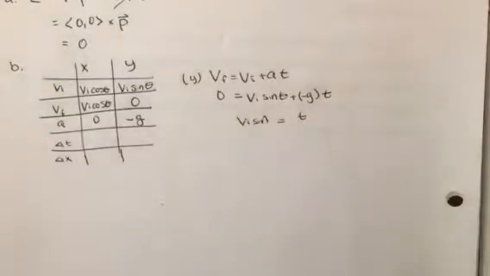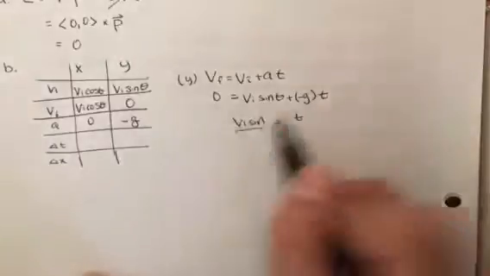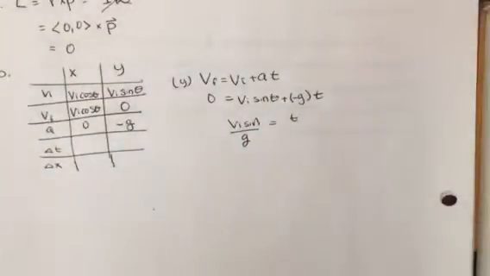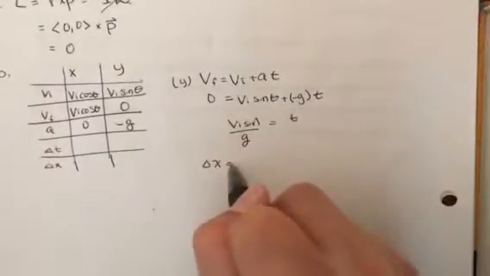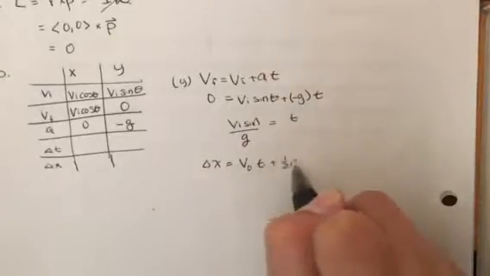It's going to equal V_i sine theta over g, and that is time. So then for x, delta x is going to be equal to V naught t plus 1/2 acceleration times time